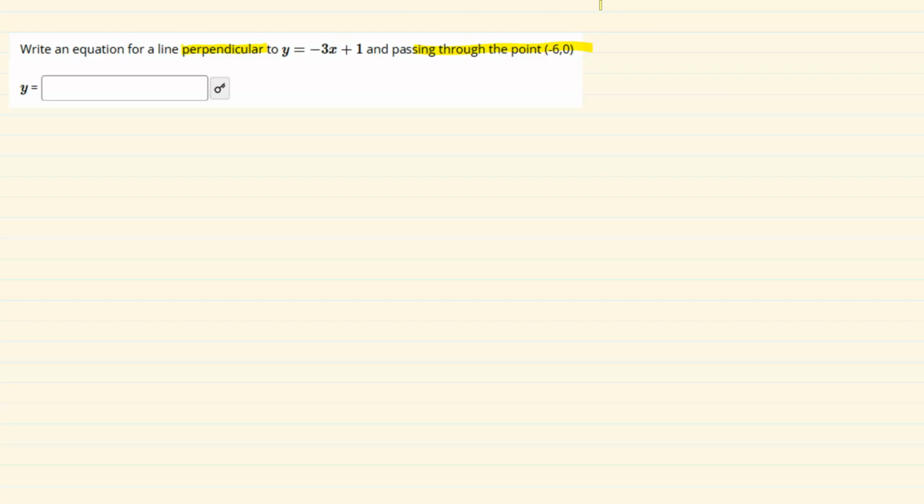If the line is perpendicular to the given line in the problem, then we need to use the slope of the given line and find the slope of the line we're looking for. To do that, we would want to find the negative reciprocal of the given slope. So currently we have negative 3 as our slope. The negative reciprocal